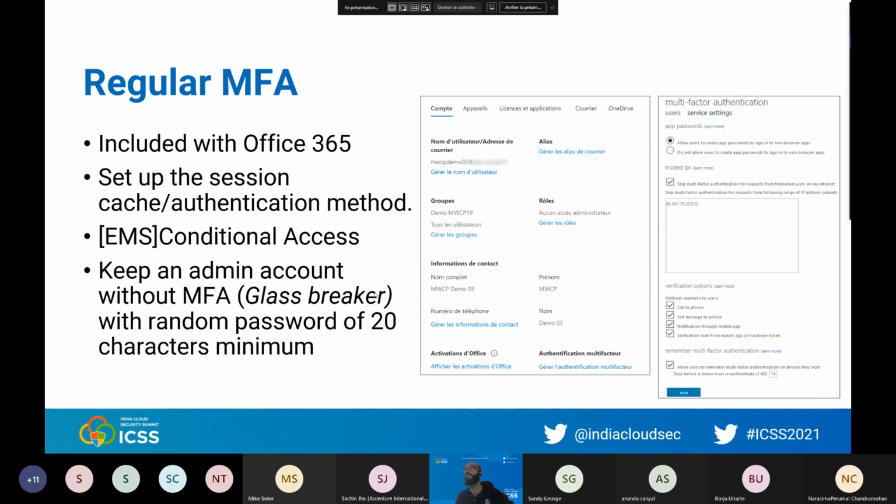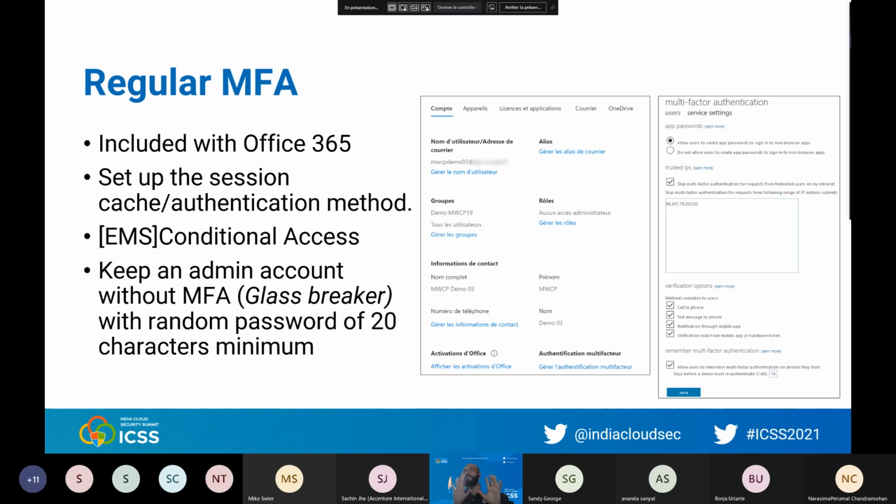If you have only one thing to do on Office 365, because it's not activated by default, please activate MFA on at least IT accounts and admin accounts, and my recommendation is really to activate MFA on all accounts.